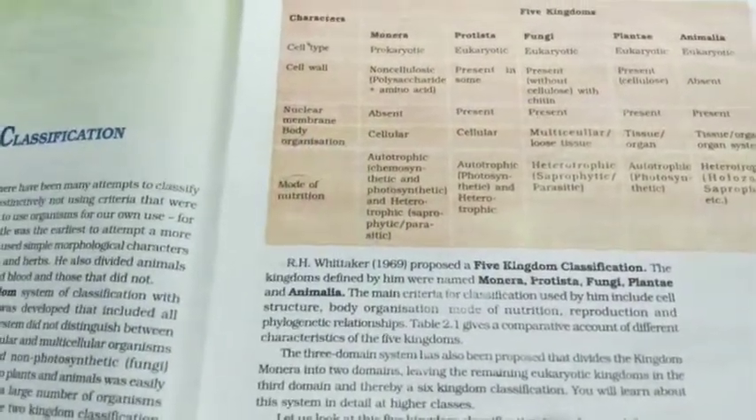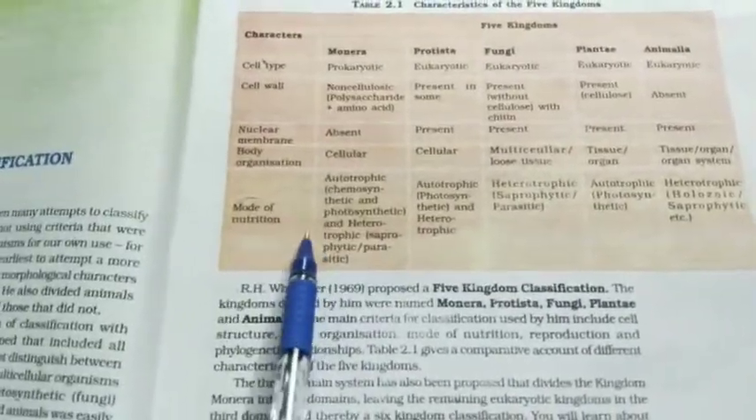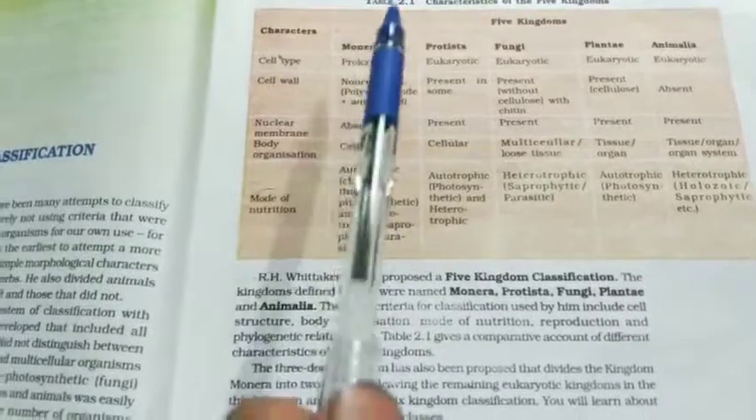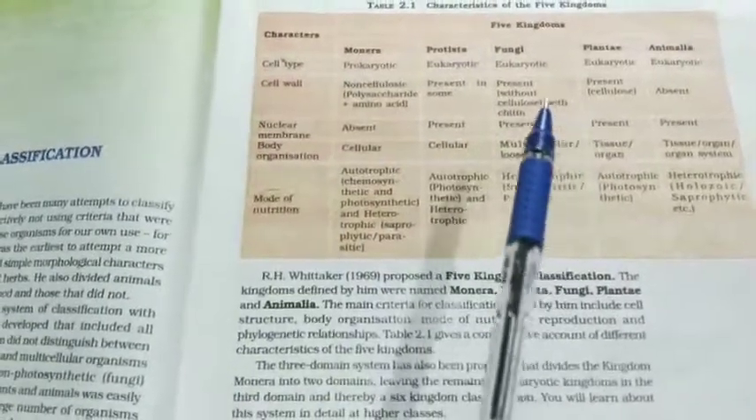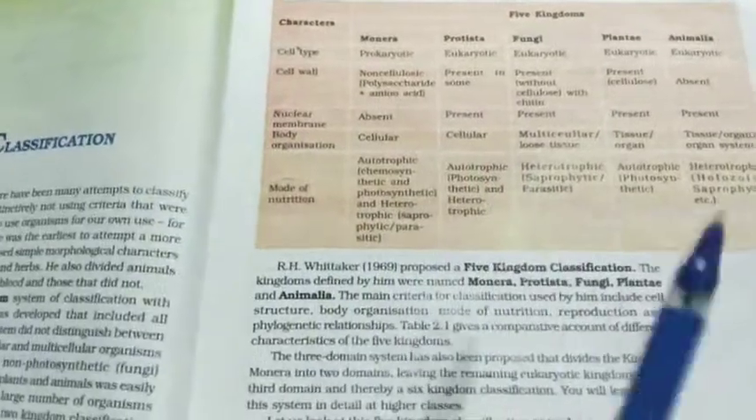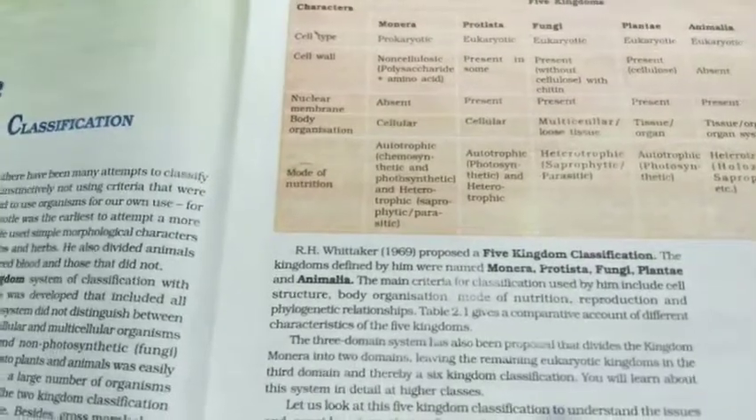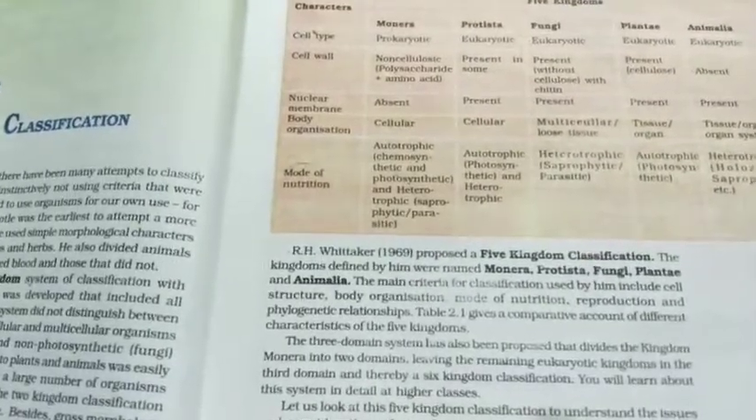Now come to the last one. Last one is the mode of nutrition. In mode of nutrition, if we talk about Monera, the prokaryotes, they are of both the types, they are having both types of nutrition. They may be autotrophic or heterotrophic in nature. Autotrophic means which can make their own food. Usually they are chemosynthetic,